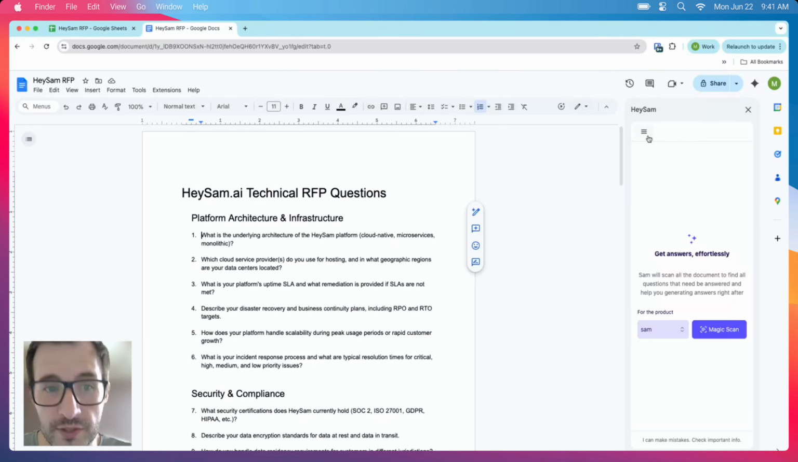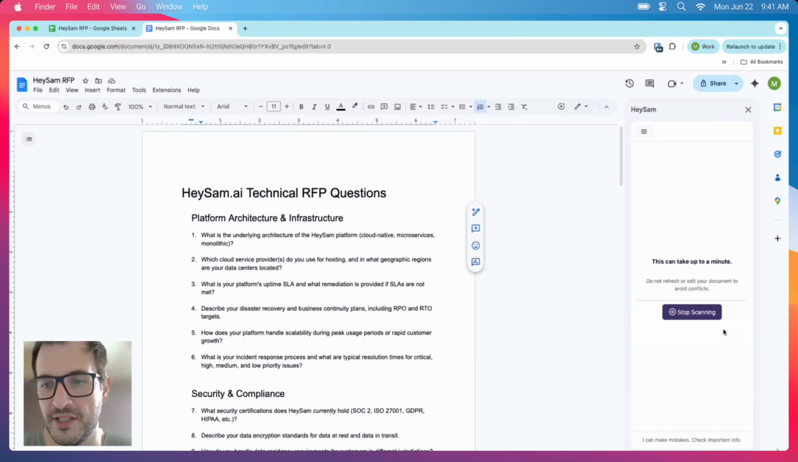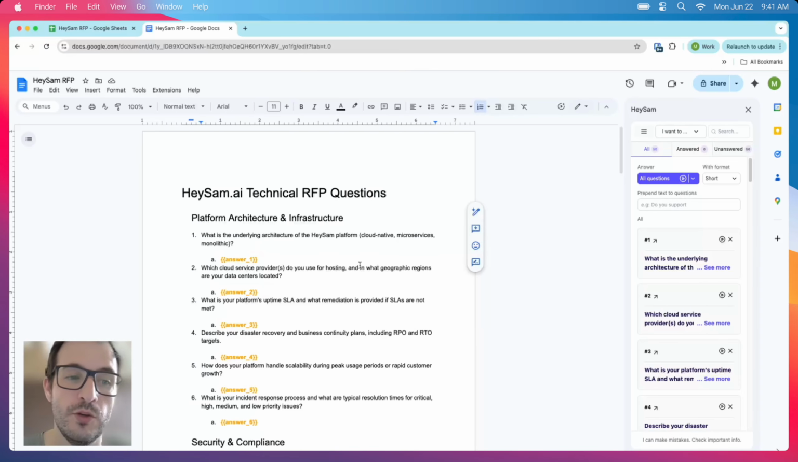Now let me show you how Sam works inside your Google Docs. So here we have a technical RFP for Hey Sam, and here on the sidebar we have Sam. I'm going to select my product and do a magic scan. What's happening right now is Sam is trying to take all the questions in this document. Okay, now all the questions were detected, and you may notice that there are placeholders where the answer is going